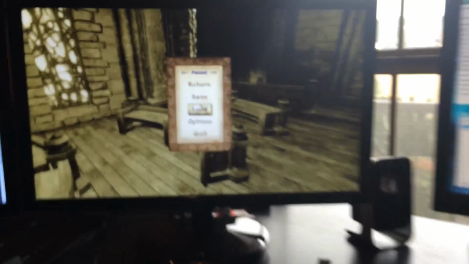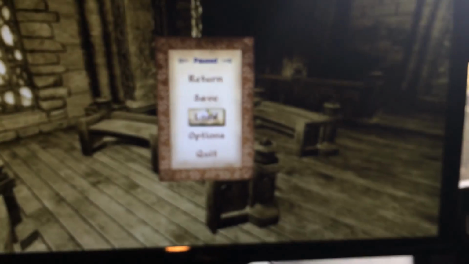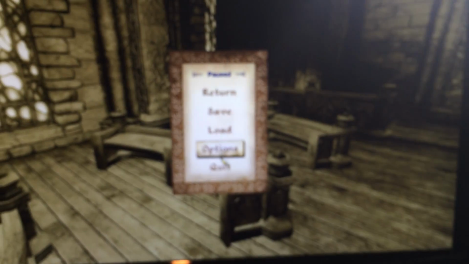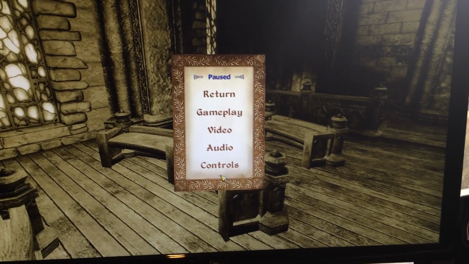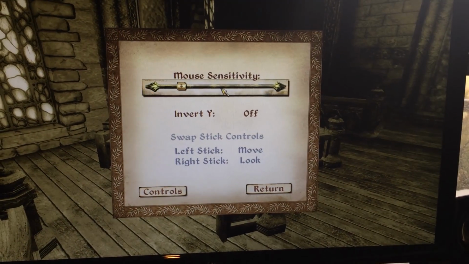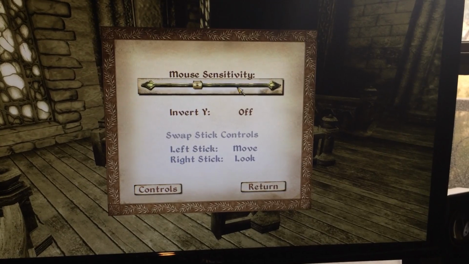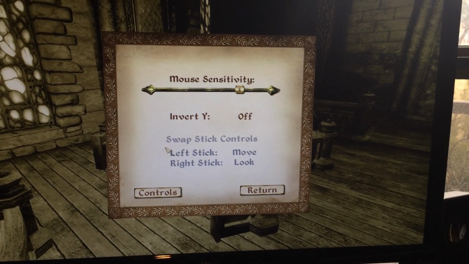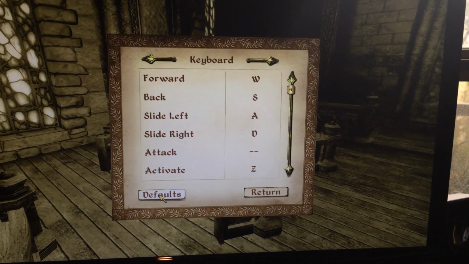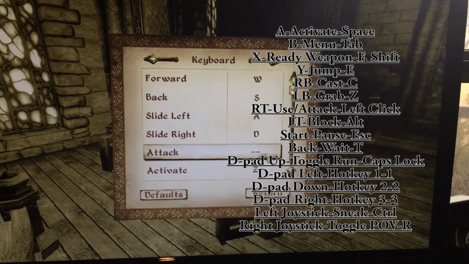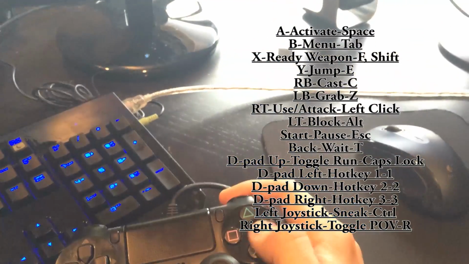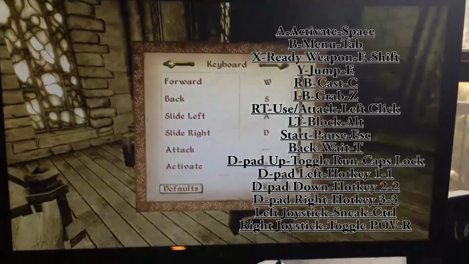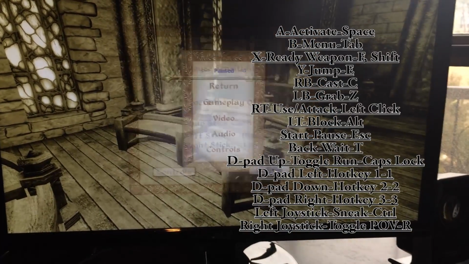So you can go into here. Can't see. Focus. There we go. Options, controls, mouse sensitivity. I usually put it at around 75%. And then for controls, if there's anything you want to map, you click on it and then you press the corresponding key on here to map it to whatever you want. So I'm just going to return